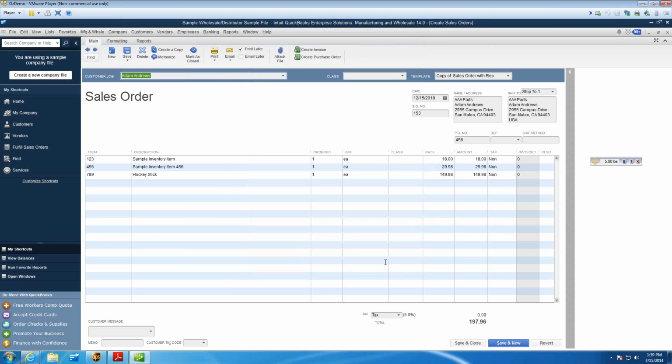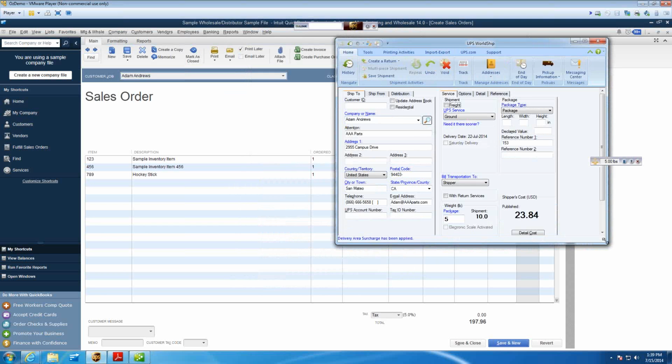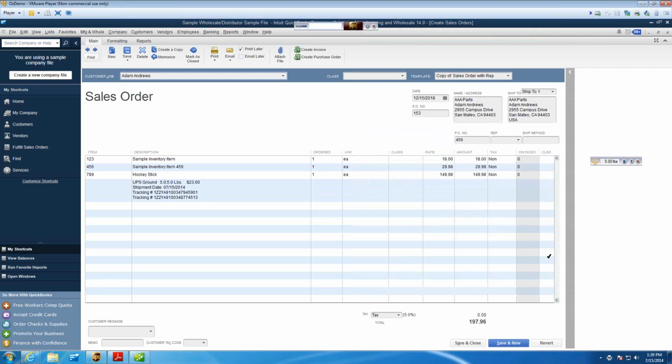Now I click Done. Now it's going to populate UPS WorldShip. It's going to bring over the associated information for this particular order. As you can see here down in the bottom, it's one package of 2. Each weighs 5 pounds, total shipment 10. Now all I have to do is hit Process Shipment, and at this particular time, we're printing off the UPS outbound label and also sending the ASN notification back to SBS on behalf of that training partner. As you can see in regards to the tracking numbers, to that tracking number question earlier, these are just text so that you can copy and paste that into a web browser if you need to, or utilize